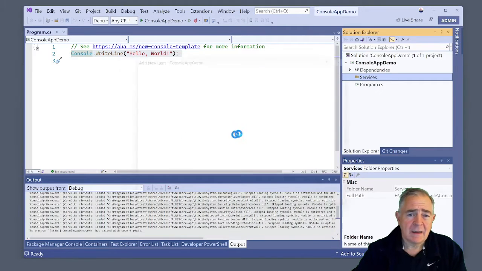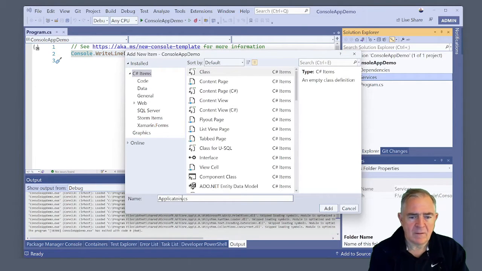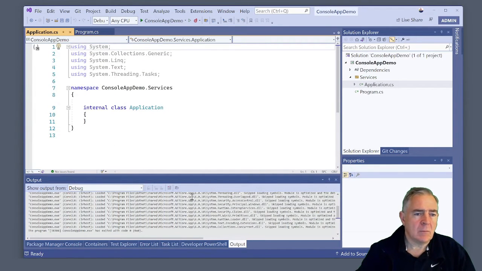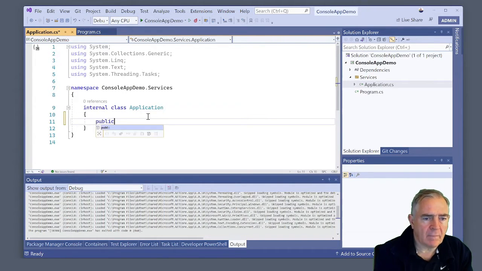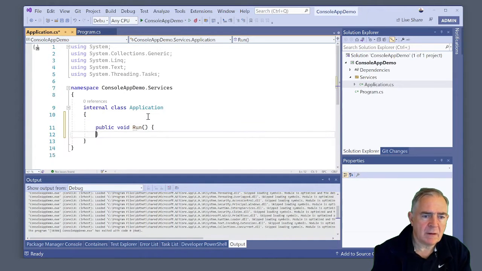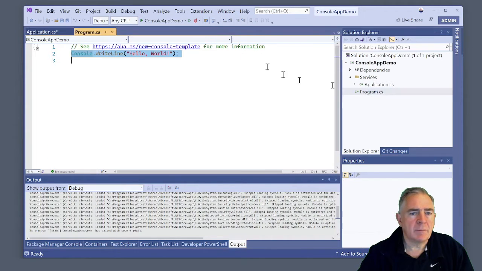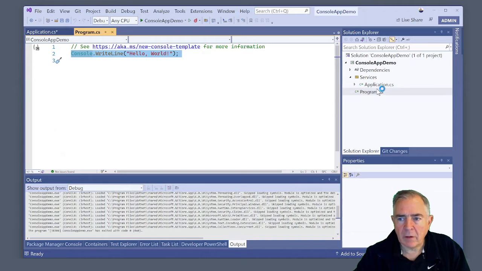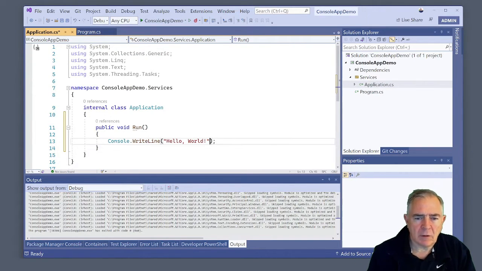For this demo, that's going to be called application. And then what's the minimum I can do? Public void run. So I'm going to make a run method, and the run method, I'm going to just pick up this console line. In the run method, I'm going to add a console write line, and here I'm going to say